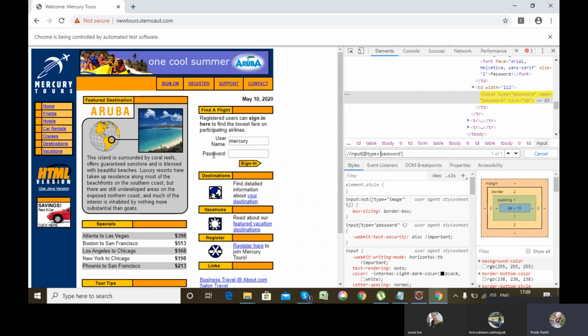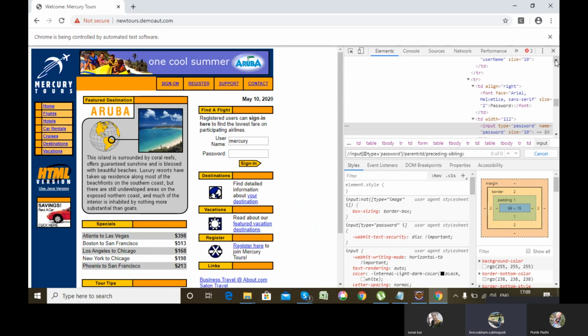So for that, what I have to do is go to the parent. Remember the XPath classes, right? So either parent or ancestor.